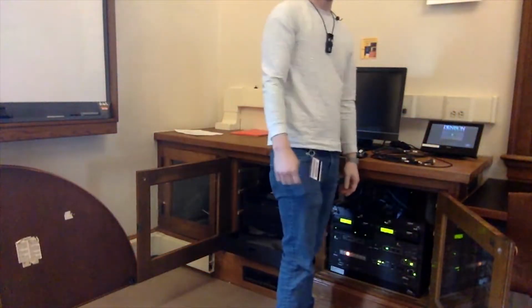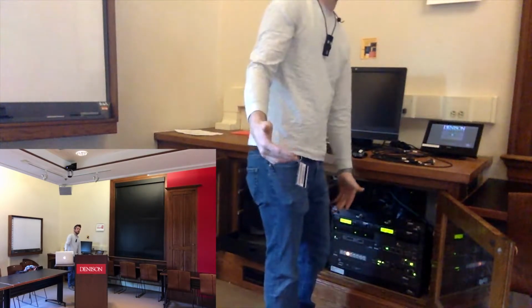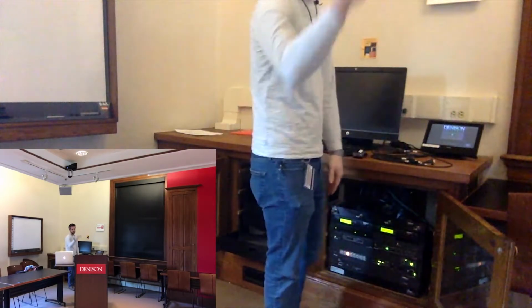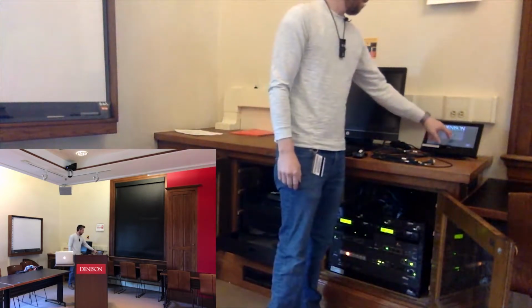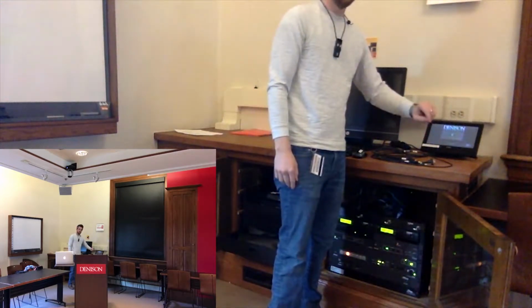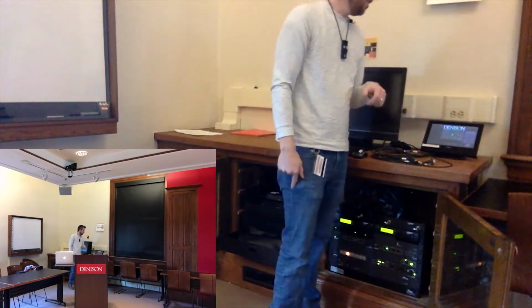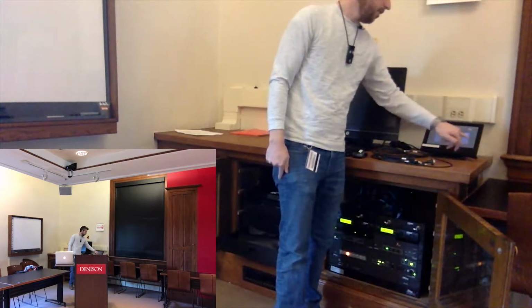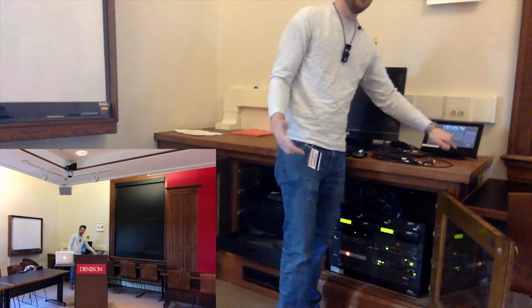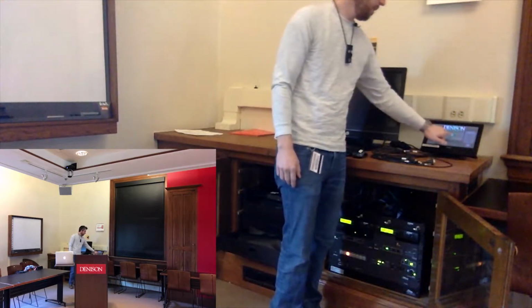So you'll notice that as you look around, you may not see the screen already down, you may not see the projector already out. That's because they're motorized and mounted in the ceiling. But if we press our power button, that'll start launching things for us and giving us the correct prompts. However, if you're just using audio in the room, you could just hit the audio control button and access microphone audio and program audio, which would be things like your computer and so on. So if we hit this power button,